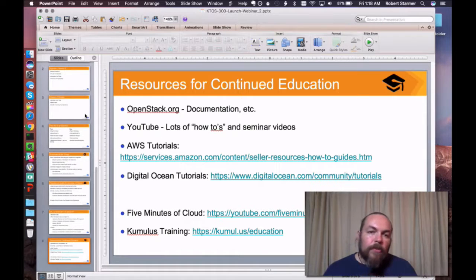I point to the OpenStack resources not because I think OpenStack is the one and only answer to cloud, but because it provides a core infrastructure model for how an infrastructure services cloud is actually built. And I think it's one of the best documentation sets on the web today from an open source project that describes how the resources work, how they get configured, how they interact. There's so much information there that it's hard to dive into sometimes, but there is a lot there that you can learn from. There certainly are a lot of how-tos on YouTube.